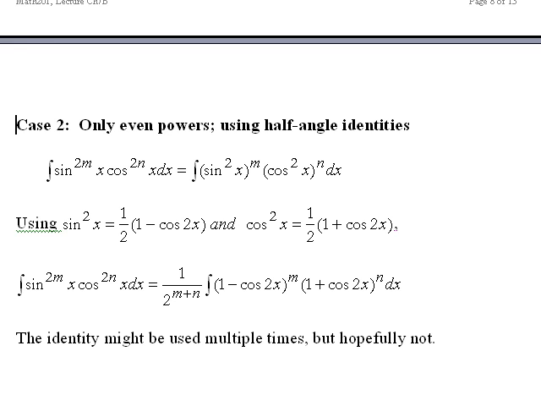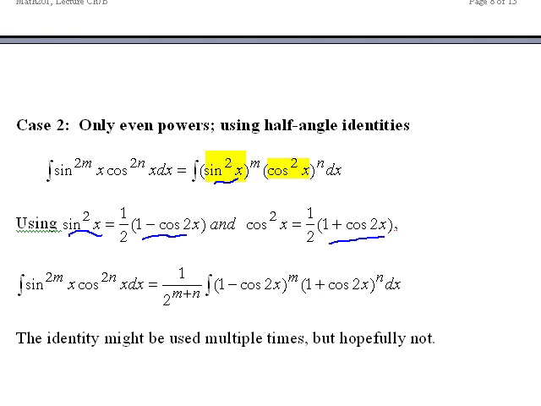Because we have even powers, sine is raised to, for example, 2m, and cosine to the 2n, then we can do the same thing as before, where we break the sine squared and the cosine squared terms out. Now you can recall the half angle formula. Sine squared x, which is of course what we're dealing with here, is equal to 1/2 times the quantity 1 minus cosine of 2x. Also, cosine squared of x is equal to 1/2 times the quantity 1 plus the cosine of 2x. So we'll use that substitution, and now we have terms involving cosines only, raised to different powers,